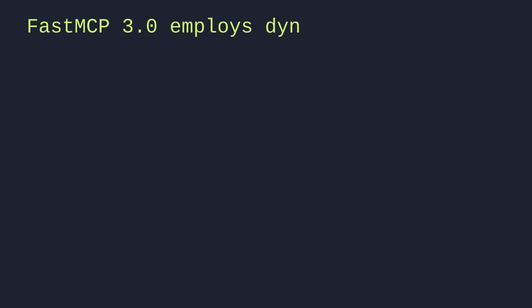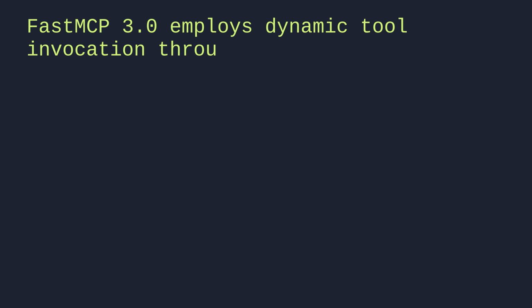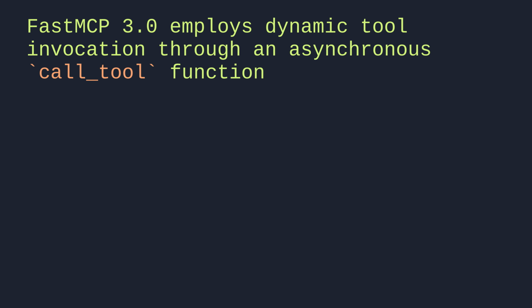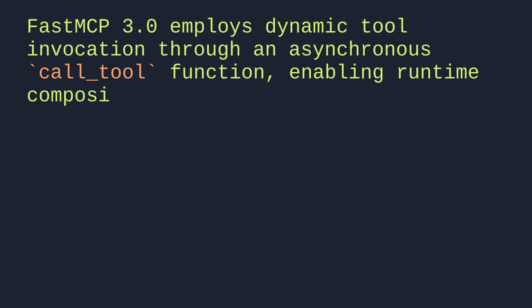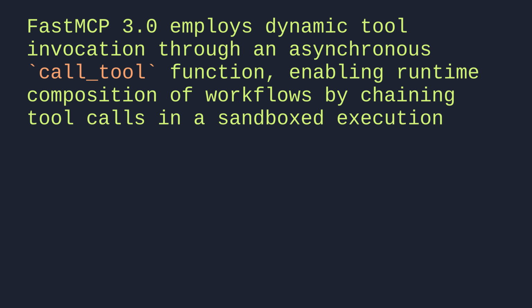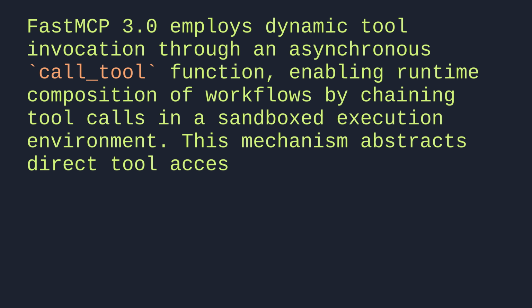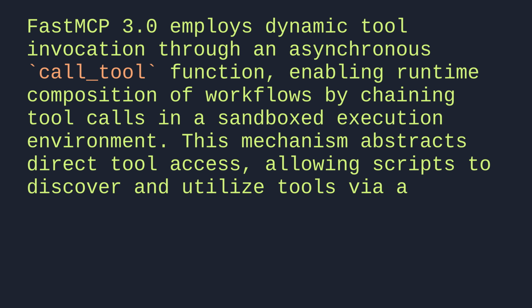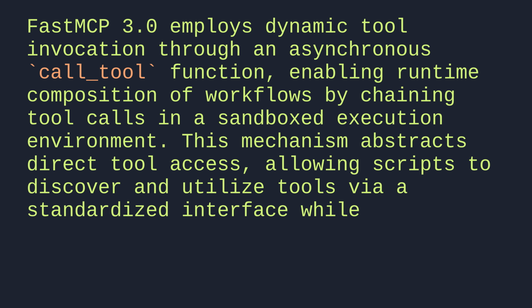FastMCP3 employs dynamic tool invocation through an asynchronous call tool function, enabling runtime composition of workflows by chaining tool calls in a sandboxed execution environment. This mechanism abstracts direct tool access, allowing scripts to discover and utilize tools via a standardized interface while maintaining isolation